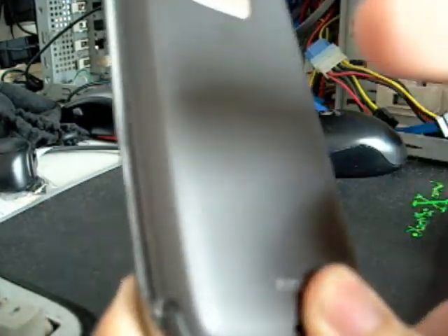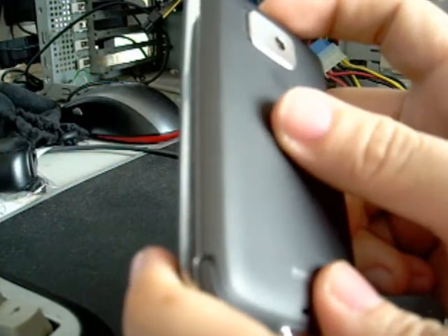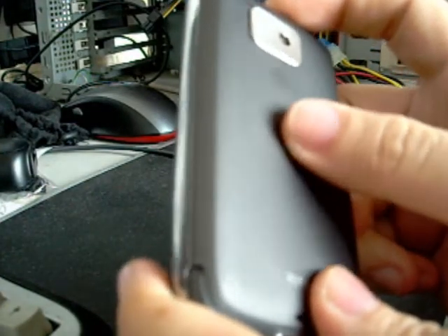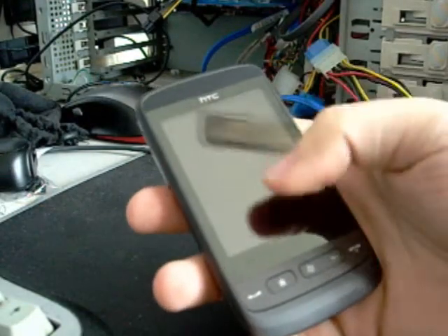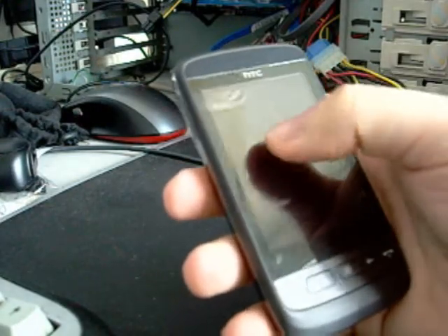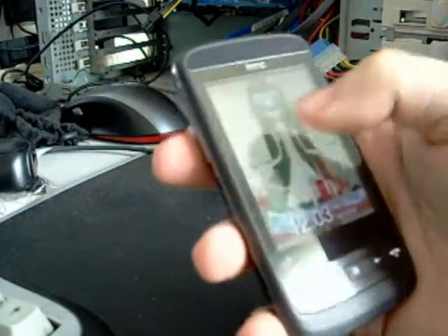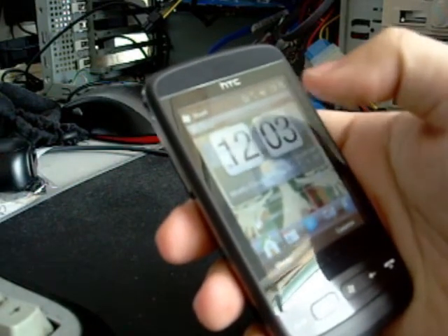You can hear that. It's plastic, but it has a nice finish. It feels like polished metal, textured metal. The screen itself is a resistive touch screen, whatever you like to call it, instead of a capacitive screen, which is, if I'm not mistaken,